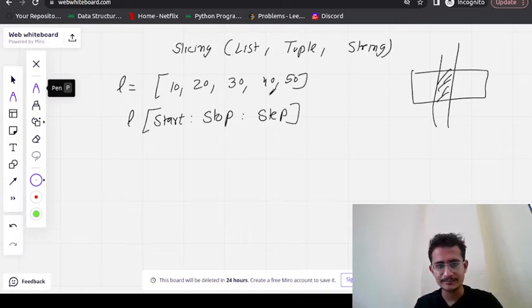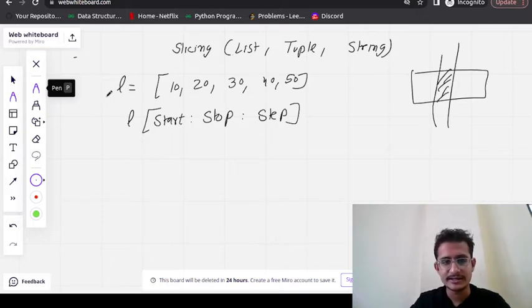So to slice, there is one syntax that I have already written. Suppose a list is given to us, so you need to write L of start, so from which index you want to start, then stop, till which index you want to go, and step, how many steps you want to take. This step helps us find the jumps. If you write 2, it will jump 2, which means it will give us the alternate elements. So let us move to our coding screen and see the syntax and how we are going to use it.